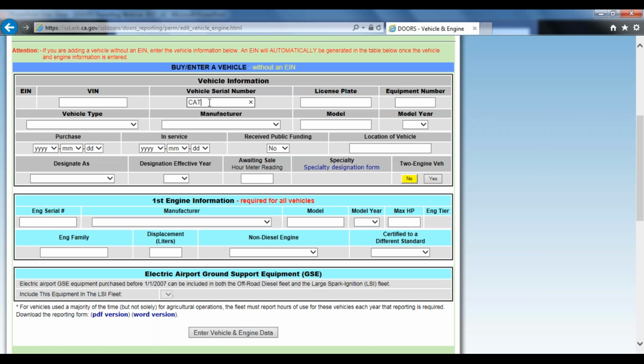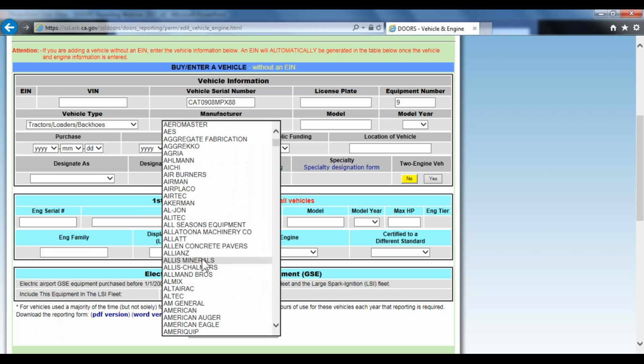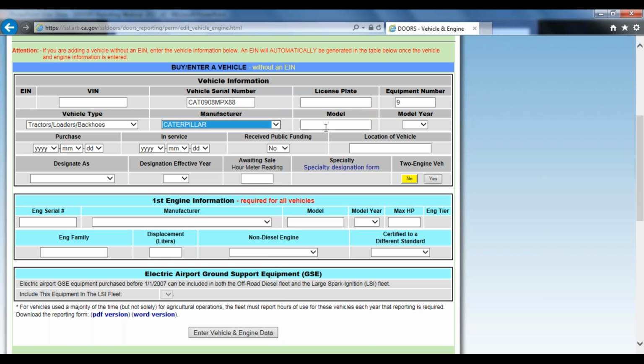It doesn't have a VIN, but it does have a serial number. I'm going to enter that in. All right, and it doesn't have a license plate. It's my equipment number 9. I'm going to select the vehicle type. If you don't see your vehicle type on here, there is an other category. Select your manufacturer. And again, if you don't see the manufacturer, there is an other all the way at the bottom. But if it's something you think we should add, just shoot us an email and we'll try to add it in here. All right, so then the model